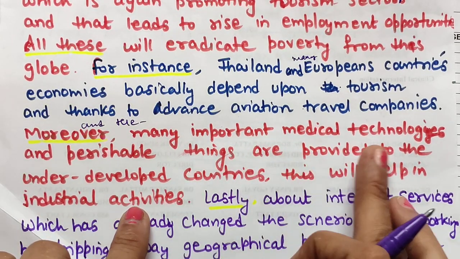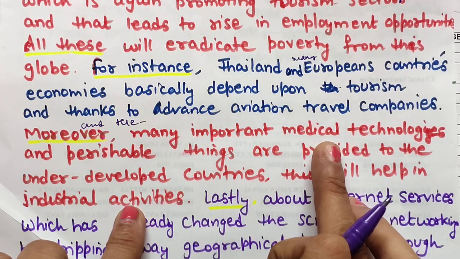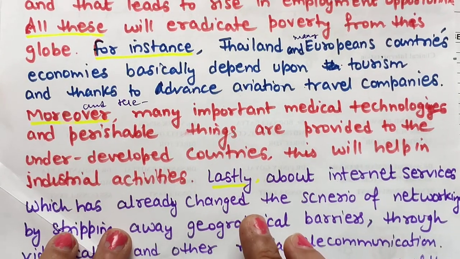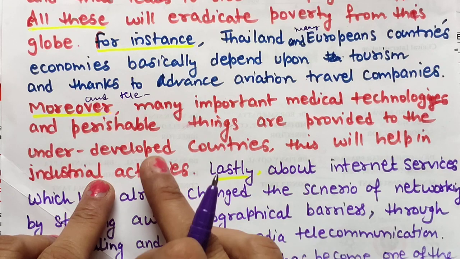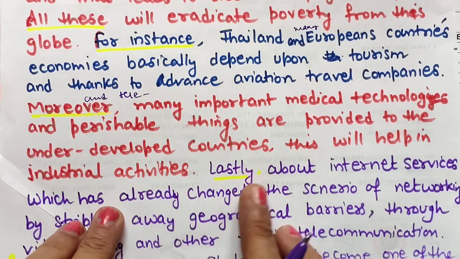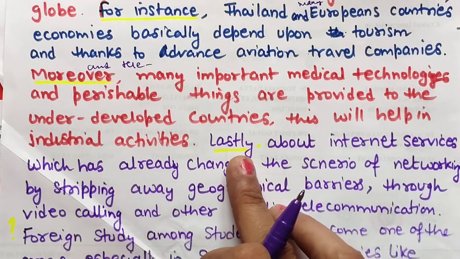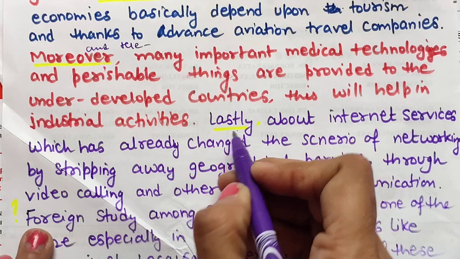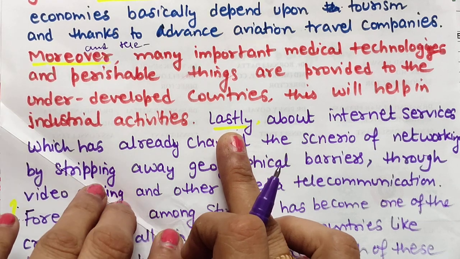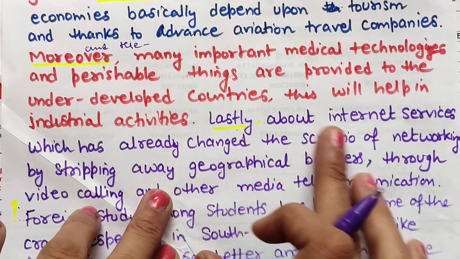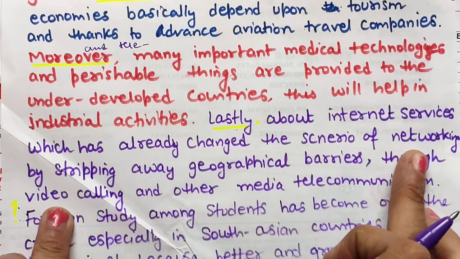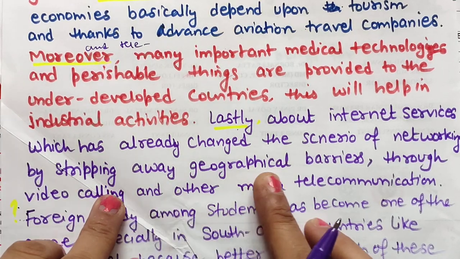So although I have not planned this point, same as in disadvantages, the cultural point I had not planned, but still it came into my mind, so I have written it here. So medical technology and some perishable things are provided to underdeveloped countries. This will help in industrial activities throughout the world. Lastly, so one thing is missing here, this is not lastly, the last point is here. In fact, I should use lastly here, and here you can use furthermore or moreover, and any other things about internet services, which has already changed the scenario of networking by stripping away geographical barriers,